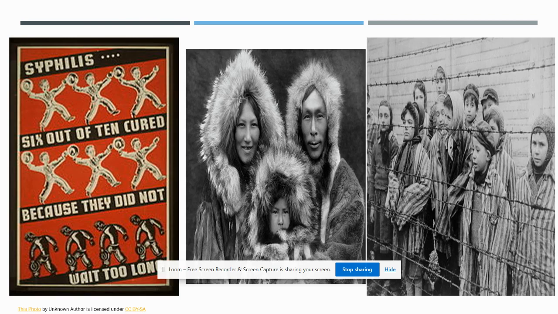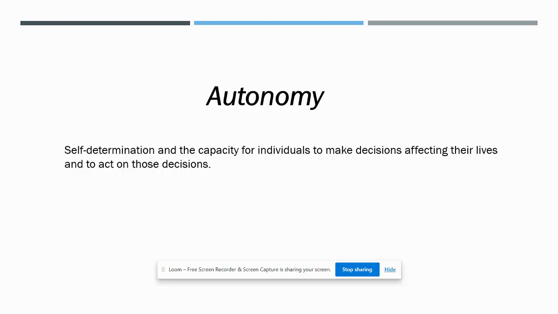Obviously, there are also other things that have happened throughout history where research has been used unethically. There are also numerous examples within native populations, both within the United States and Canada, and also during the Holocaust, where German soldiers experimented on Jewish children and Jewish adults, particularly twins, and other types of people as well. So the bottom line is that in order for us to conduct research that is ethical and has the greatest benefit for society, we have to ensure that the rights of our participants are maintained throughout the process. And we do so by adhering to certain definitions when we design the study.